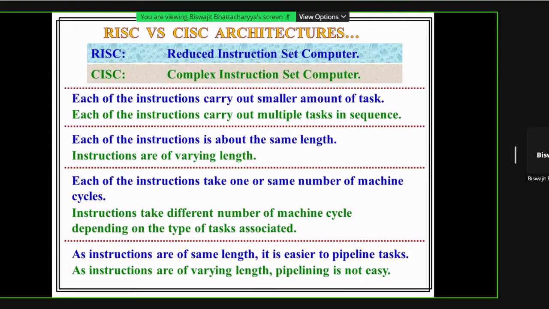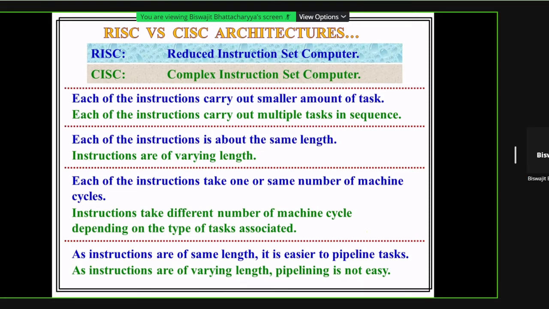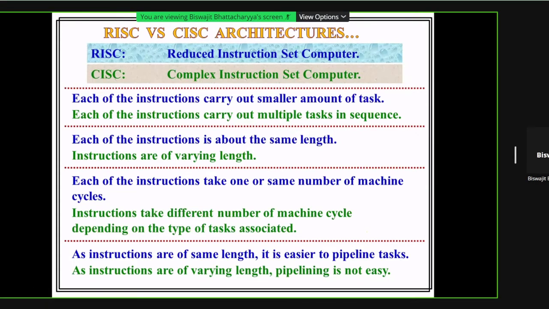So the instructions are of varying length, and their execution time is also widely different. Now in RISC, each instruction is of similar, simpler nature, so they take the same number of machine cycles.